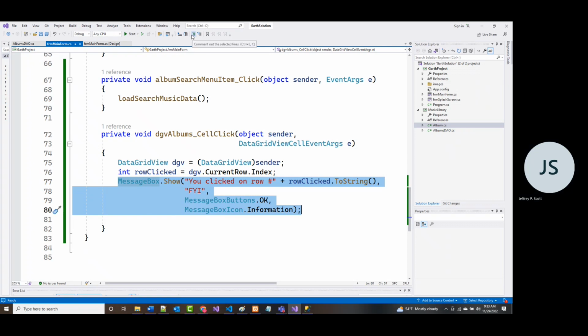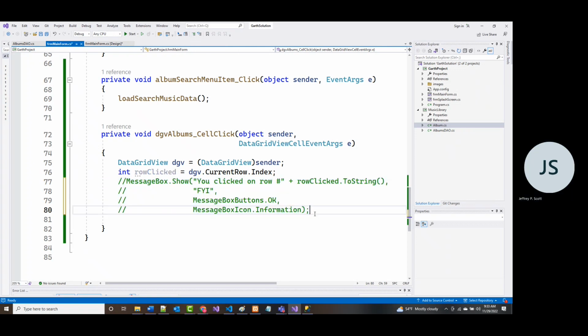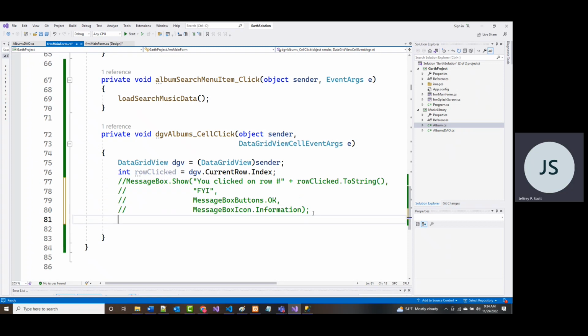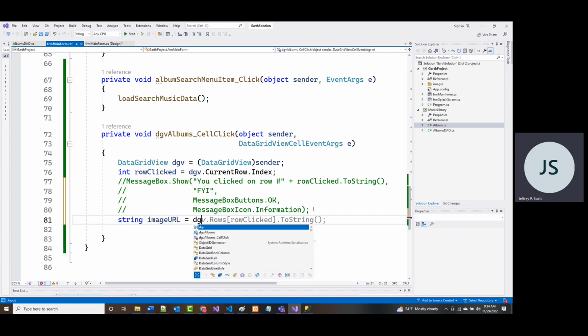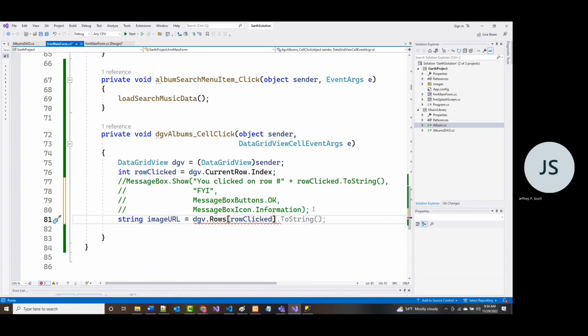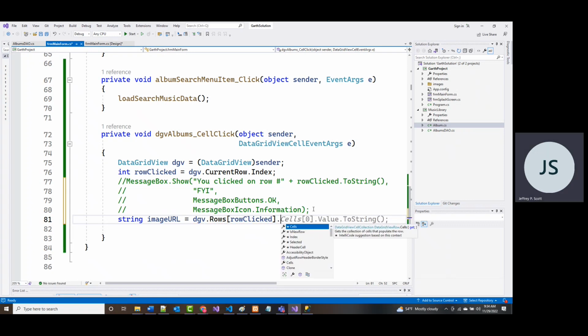All right. There. If I wanted to go back and look at something again, I'd be able to. So I'm going to say here string imageURL equals DGV, our data grid view, .Rows[rowClicked], okay, right there, .Cells.